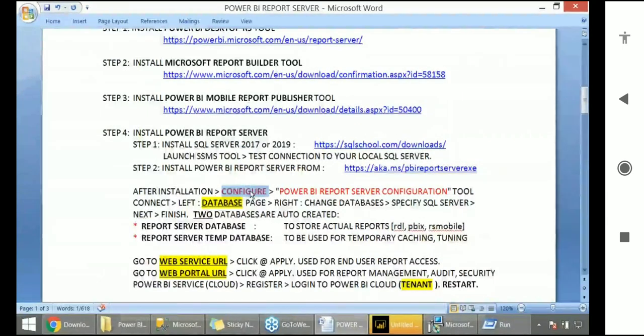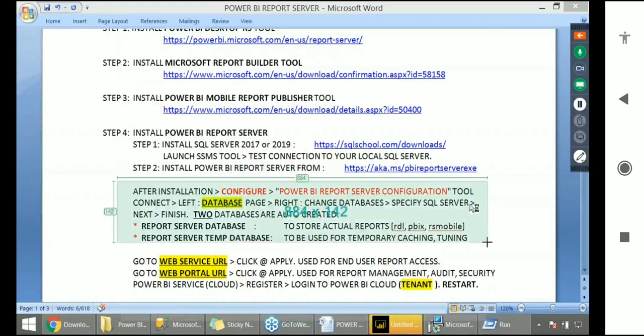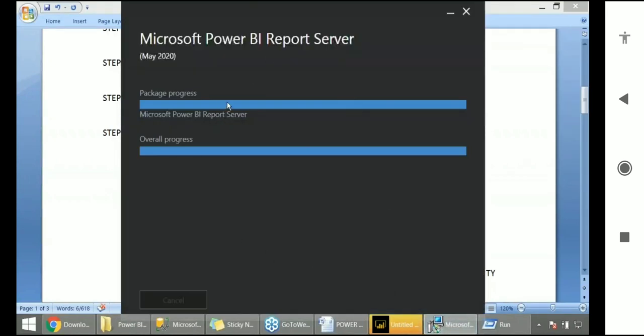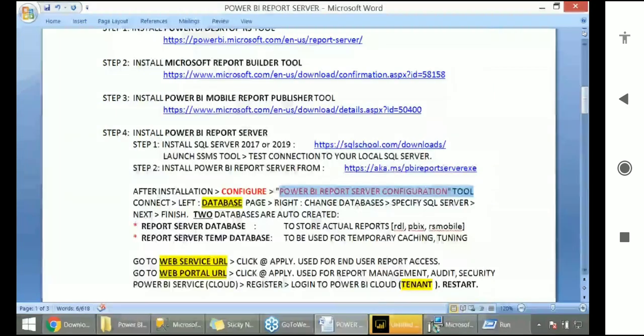Once you click on configure, we get a tool called Power BI Report Server Configuration Tool automatically. Let's wait for some time. We get a configure button down here. Once we click on that button, we get the Power BI Report Server